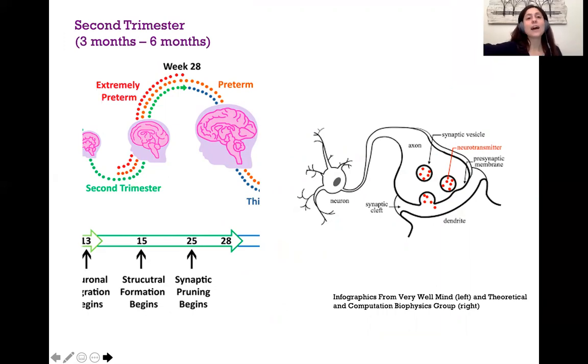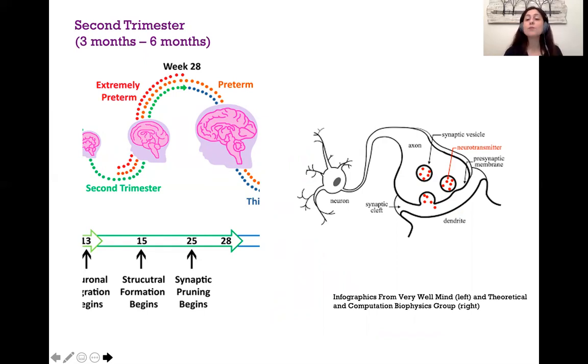And during this time, we have more advanced brain structures beginning to form out of the general structures that were established in the first trimester. When neurons arrive to their correct location, they make connections with other neurons, and these connections are called synapses. This process is called synaptogenesis. This will become much more important to you when you take psychopharmacology, since synapses are where many psychiatric medications have their effect. Another thing that's going on during this period is synaptic pruning, which allows for specialization.